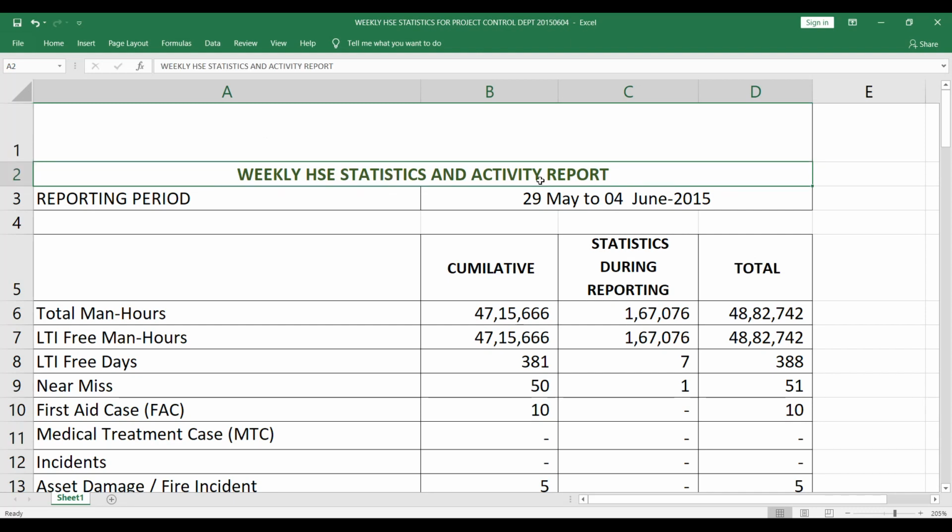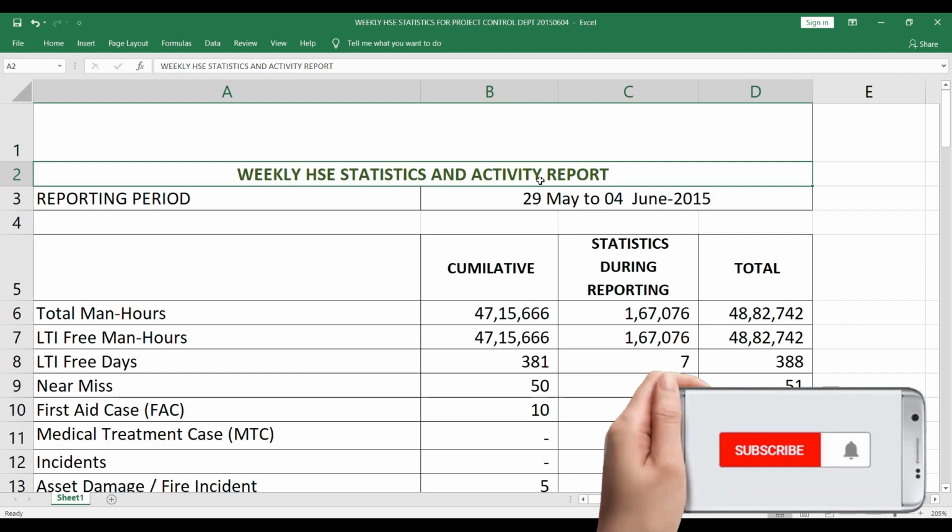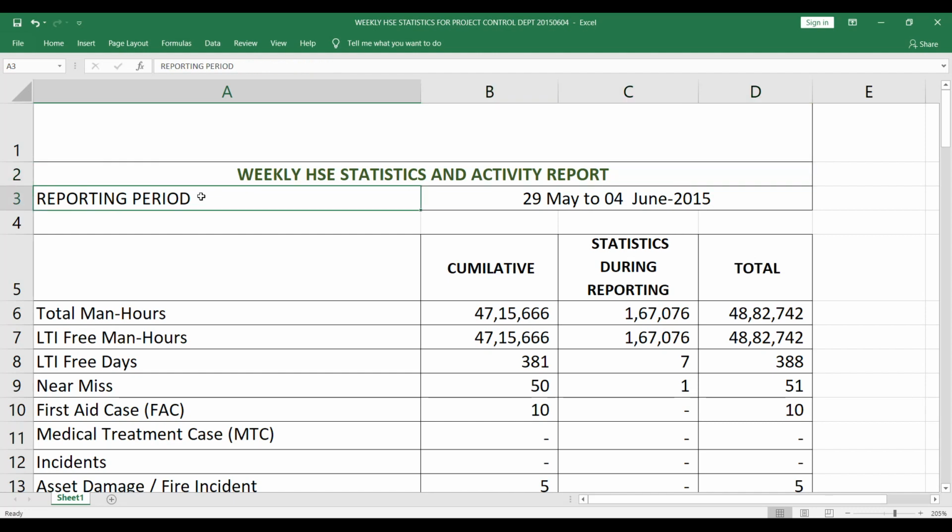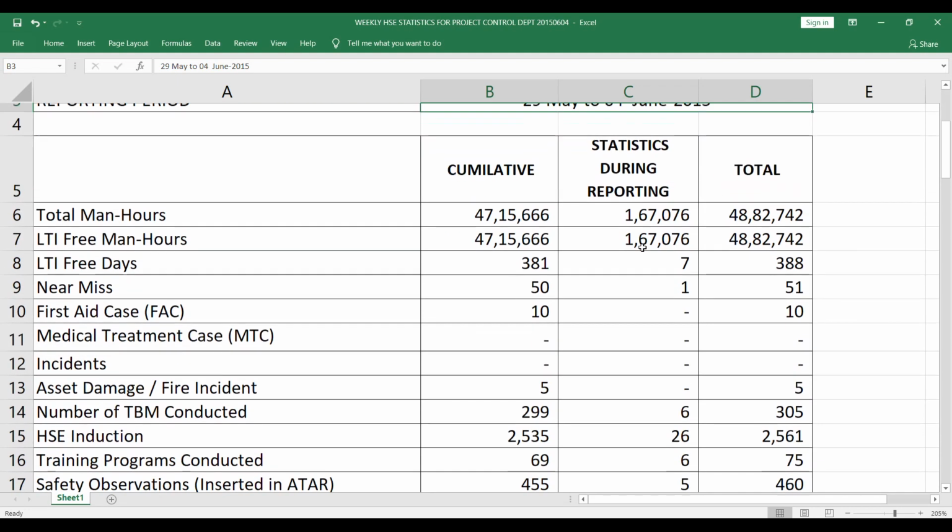So weekly HSC statistics reports, and some companies add their activities reports to the weekly report. What HSC activities are they doing, like safety awards, inspections, training, toolbox talks? They use evidence such as photos or descriptions also. Some companies only send statistics. Reporting period is weekly. Here I take a sample of a weekly 7 days. So weekly statistics we normally send 7 days of statistics.